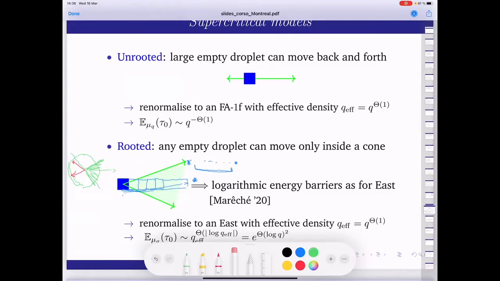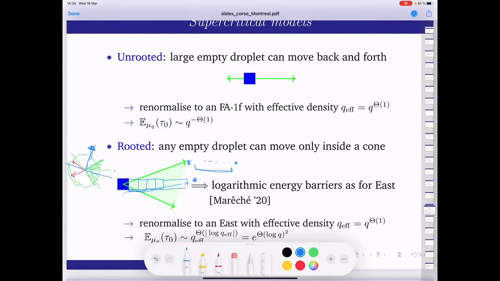The point is that if I have some stable direction, when I want to move, I start from some droplet which is empty. If I'm moving along, say, this direction here, the semicircle around that direction, to which this is the bisectrix,